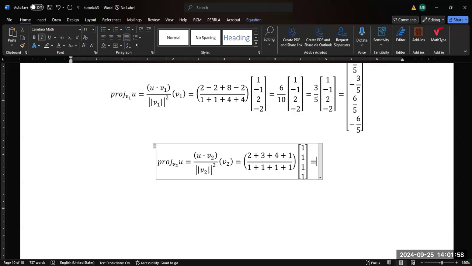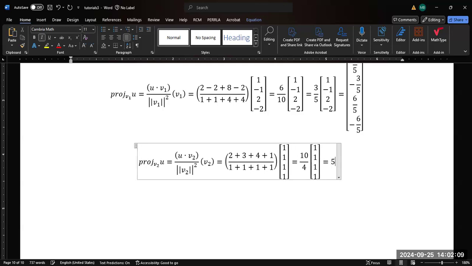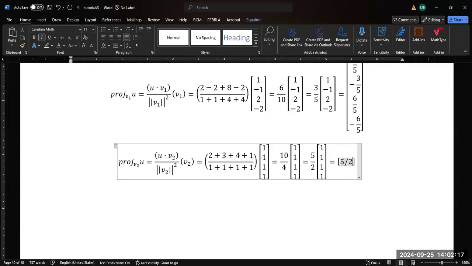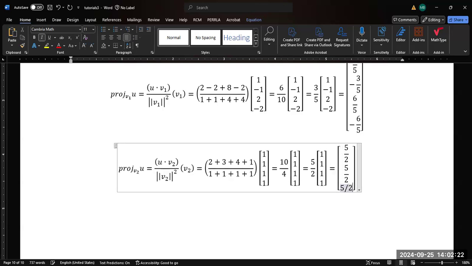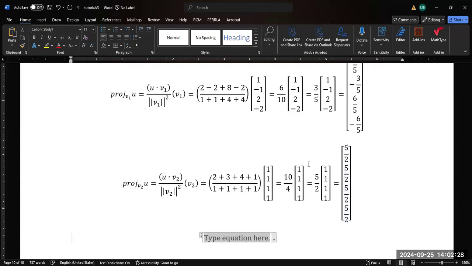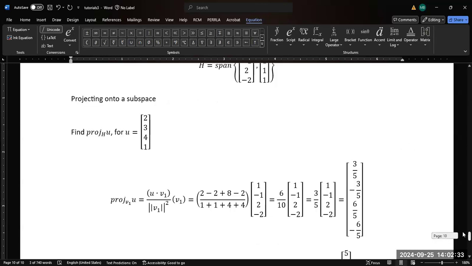If we simplify that, we get 10 over 4, which is going to be 5 over 2, which is going to give us 5 over 2, 5 over 2, 5 over 2, and 5 over 2. Now, in order to get the projection onto the entire subspace, we're going to add up